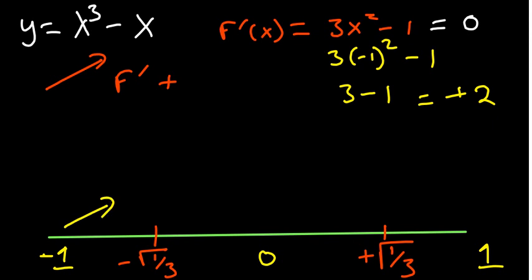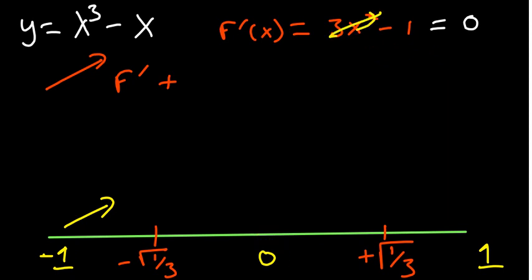Now, what about the part in between? We can consider a 0 as I've put it. If you plug in a 0, this part is going to be eliminated. You remain with a negative 1. So you have a negative. Now, a negative first derivative tells you a function is what? Is decreasing. And then finally, the last part, which is a 1 as our testing value, which comes after the